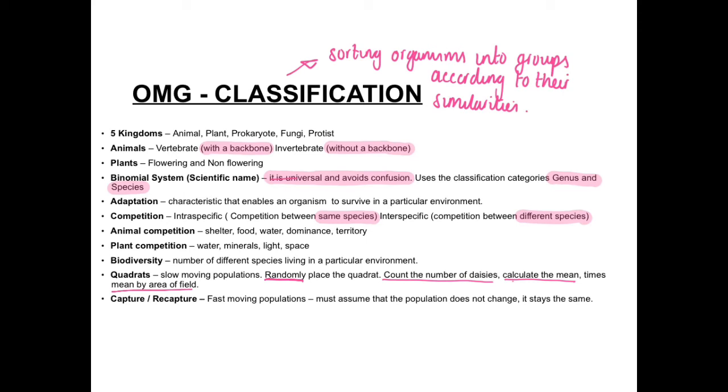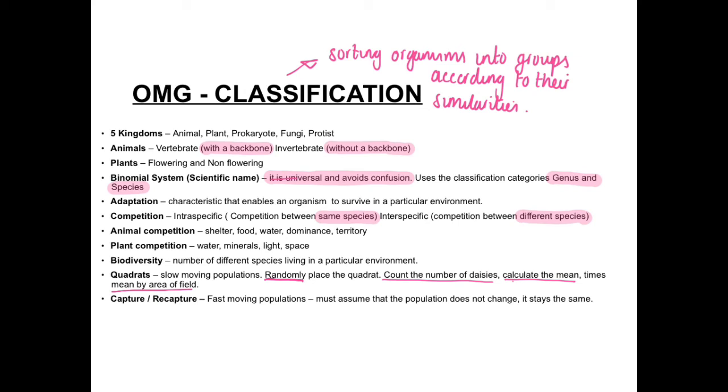But we could also then look at capture, recapture, which we know is how we look at fast-moving populations. So fish in a lake, deer in a forest, things that we can't always see. And what we would do then is, we would capture the organism, we would mark it, okay, but we'd mark it to make sure it's not going to cause it to be more predated, for it to stand out, it's not going to cause harm by the animal, okay. We'd let it go, and after a couple of days, we'd bring it back, and then we would catch many again and see how many are marked up. And we would use the equation, but they give you the equation in the exam, so we haven't got to worry about that and remembering that.